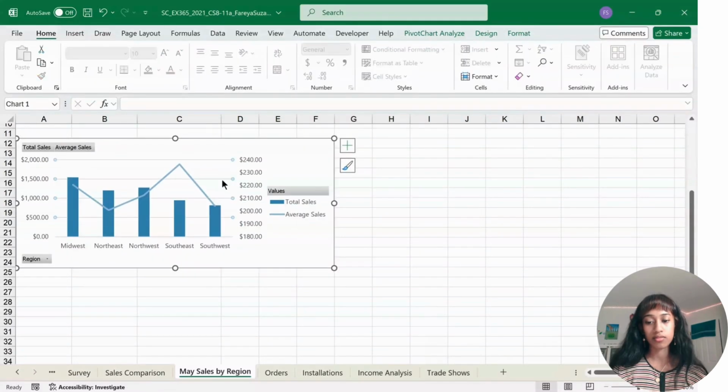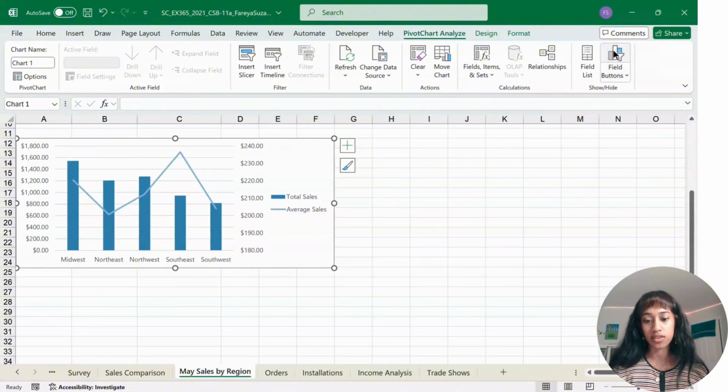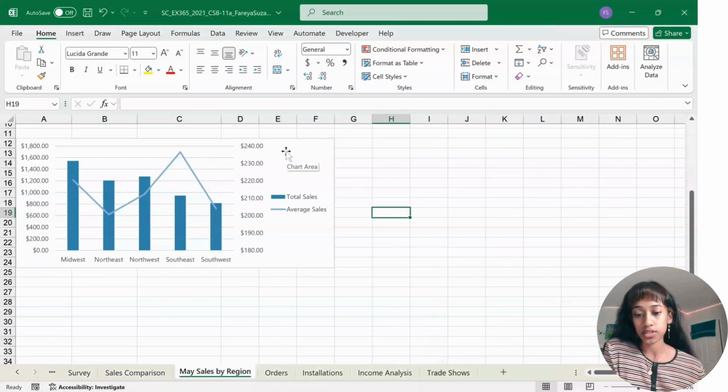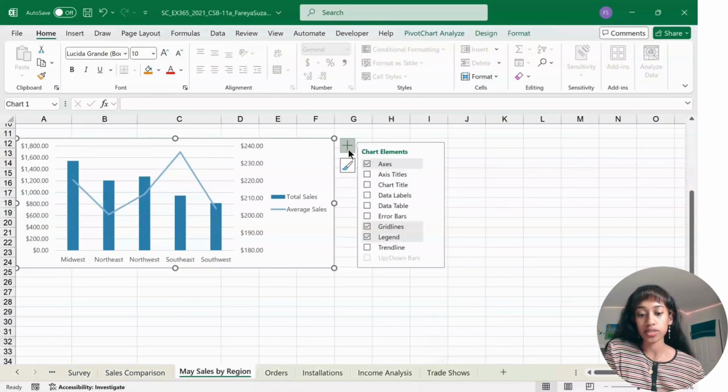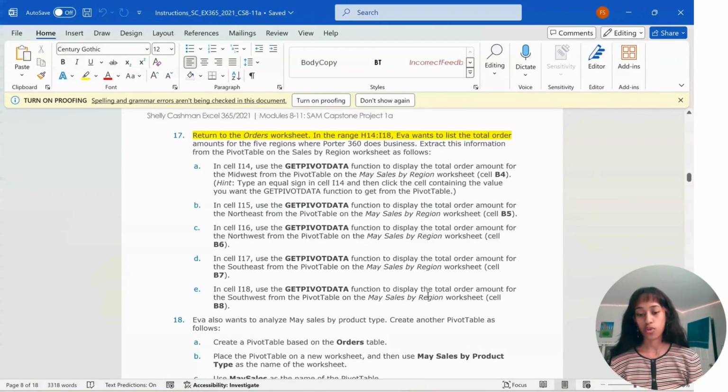There we go. So with your chart still selected, go to Pivot Chart Analyze, and where it says Field Buttons, just press on it. It should fix itself. And then select your chart, click the plus, where it says legend, click the arrow, and click top. Now we have to go to the orders worksheet,